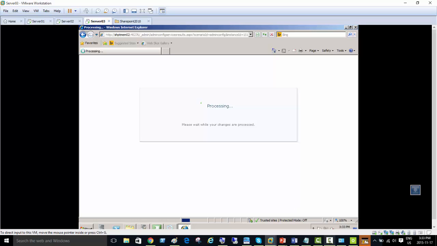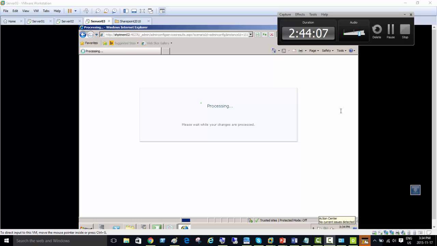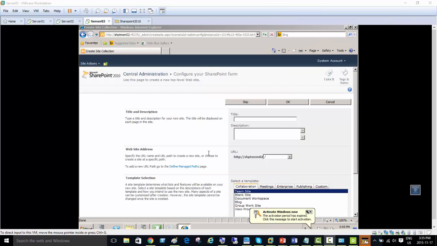So maybe I have to pause, and whenever it just thinks of showing some or next page, I'll just resume. Pausing now. Okay, so